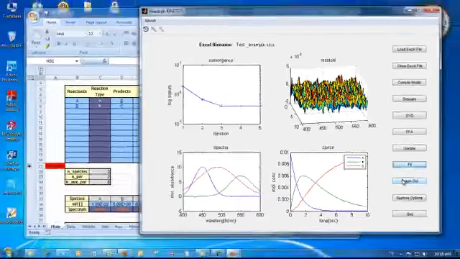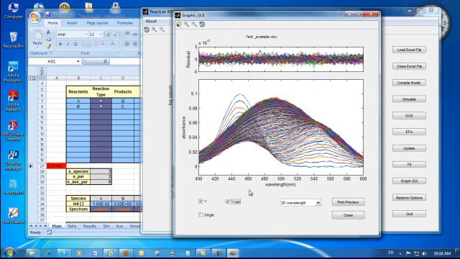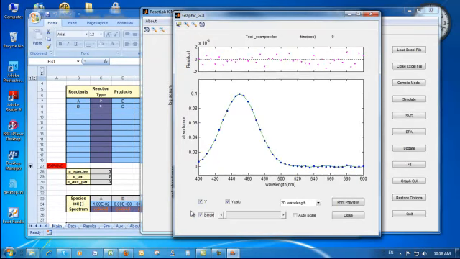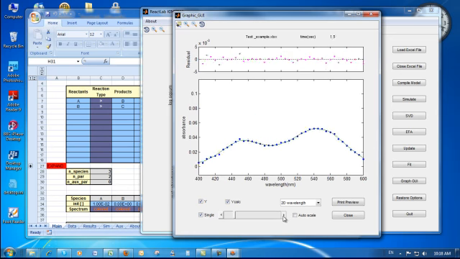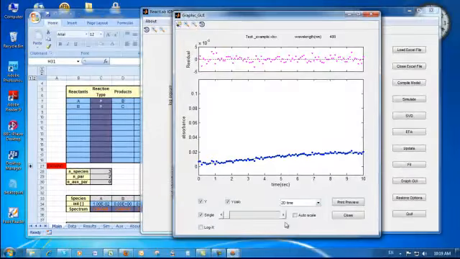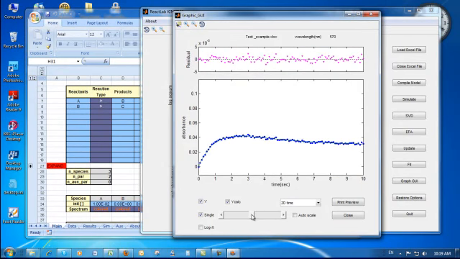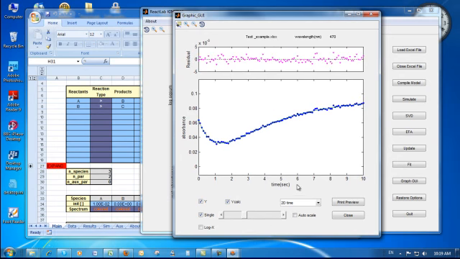We can now use the ReactLab Graphics GUI to take a closer look at these results. We can superimpose the modelled Y-count values on the data. We can select single traces for inspection on their own, or we can scan through the series of spectral measurements continuously. I can also easily switch to the time dimension to see the kinetic profiles at each wavelength. Other options include the ability to view the time base on a log scale,